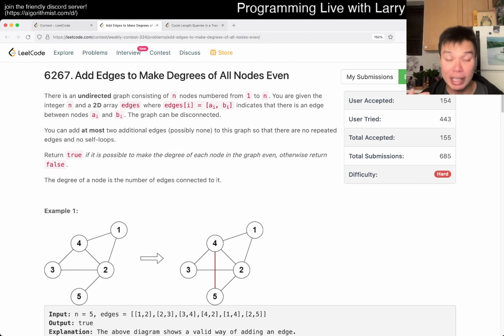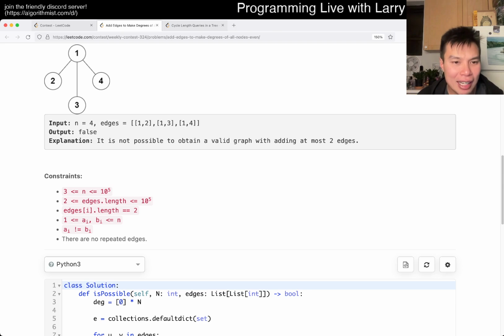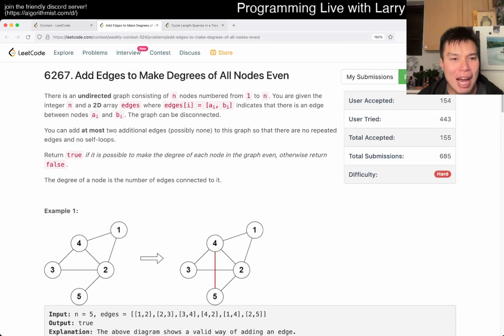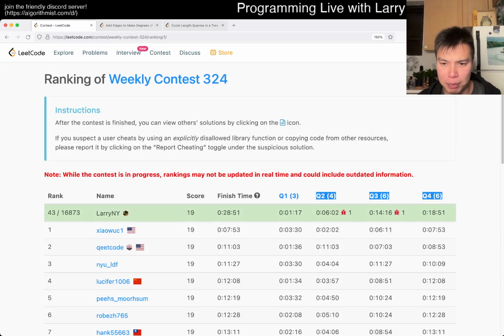kind of look at the constraints and really cater results and an algorithm for those constraints, right? And the biggest constraint that I see here is not n is 10 to the fifth or even edges. It's actually at most 2 additional edges. Given this, then you can think about, okay, how do I add 1 additional edge and how do I add 2 additional edges? And for me, this was actually the hardest problem in the contest,